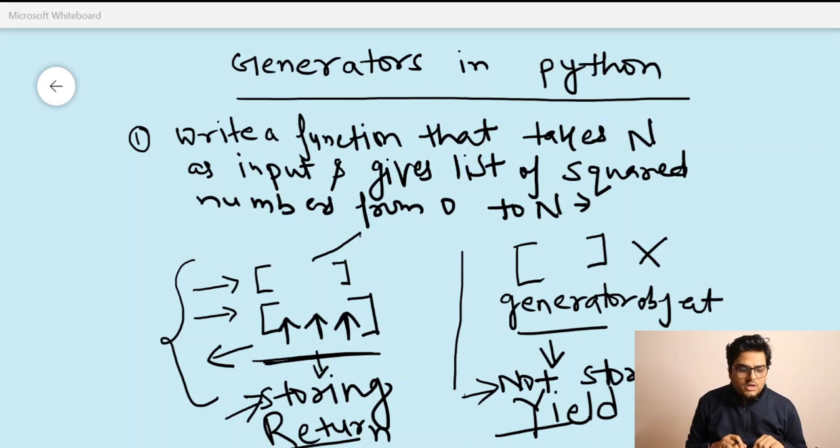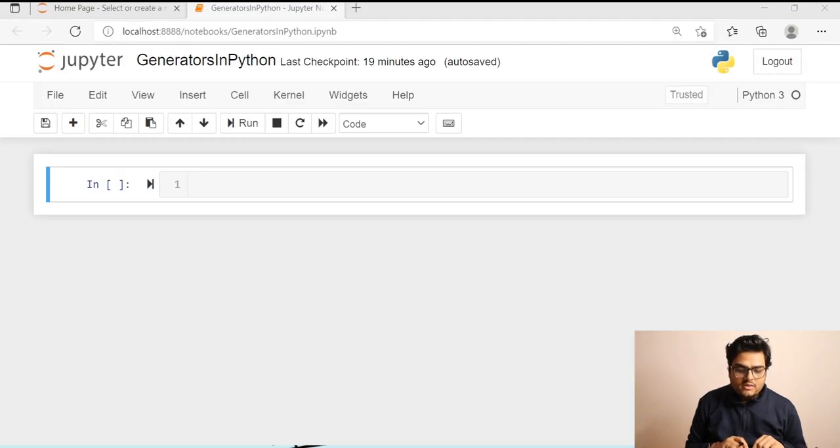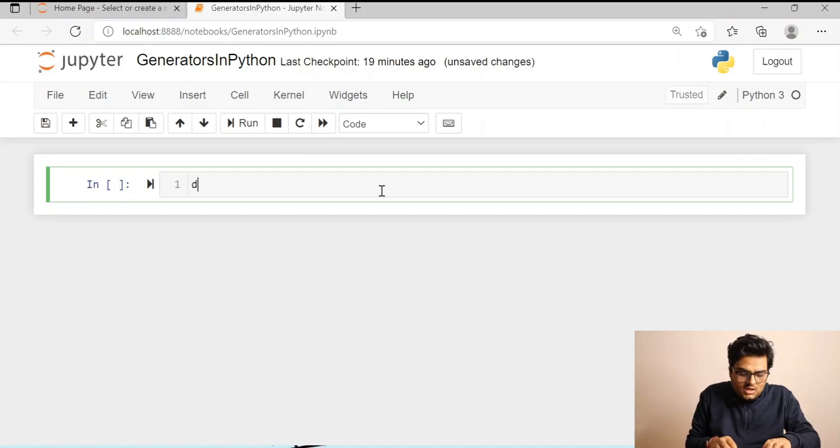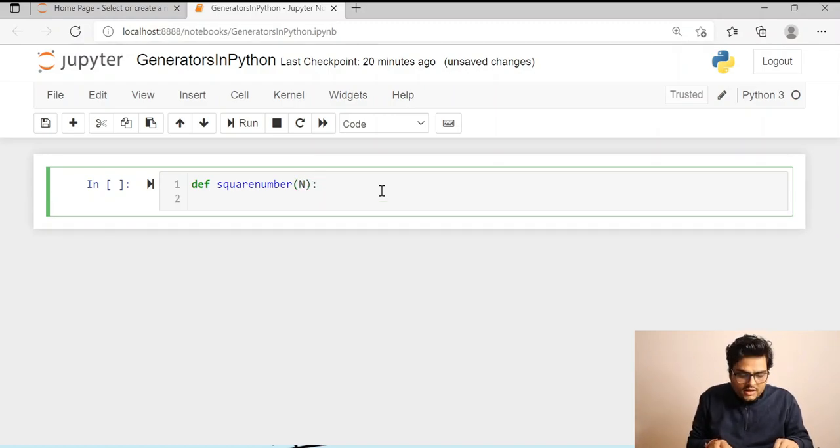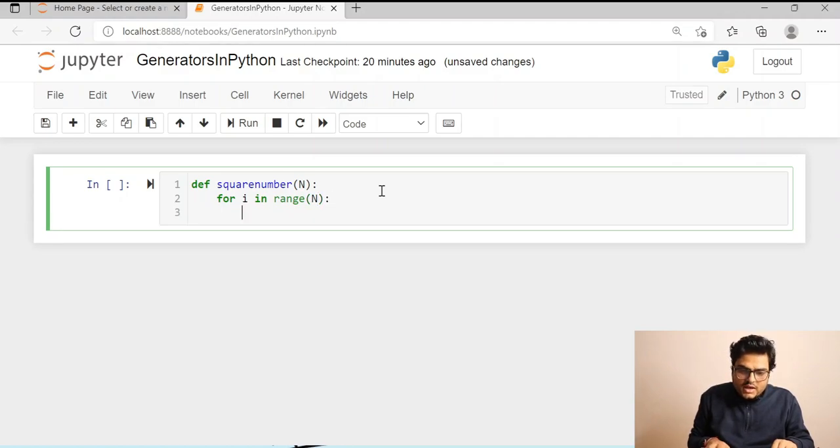So let me take you to my Jupyter notebook here, guys, and we will write the same function. I'm going to say def square_number. I'm taking an integer n as an input and I'm saying for i in range n, and I have to initiate an empty list first.